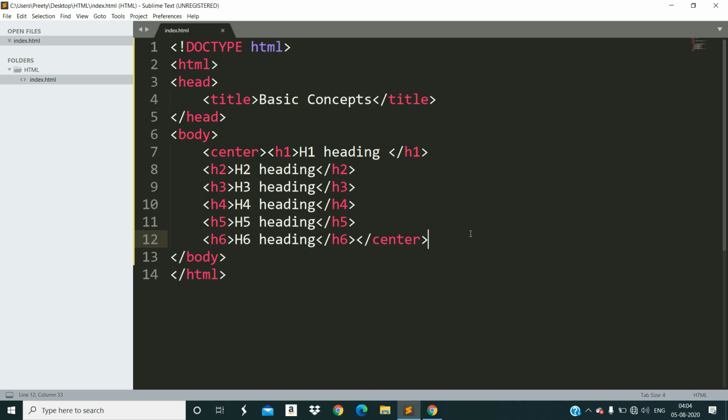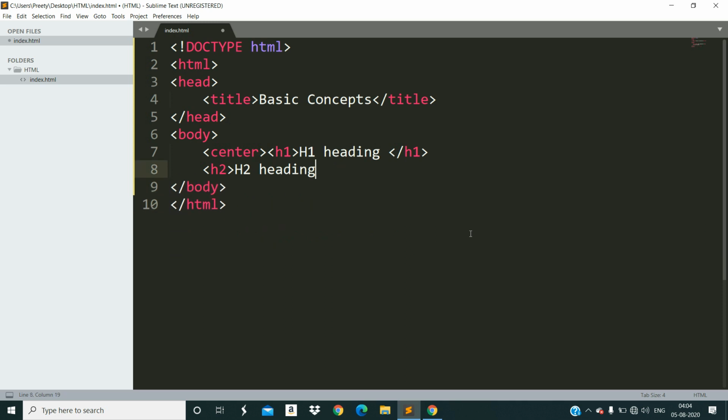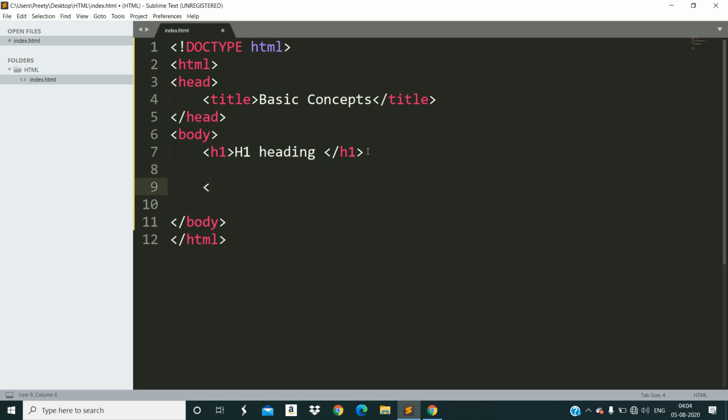Okay, now we'll remove all this and learn what the BR tag is. I have used that also in the last tutorial, but today I'll tell you something more about it. BR tags are break line tags. They basically break the line. BR tags are also known as empty tags. So what are empty tags?